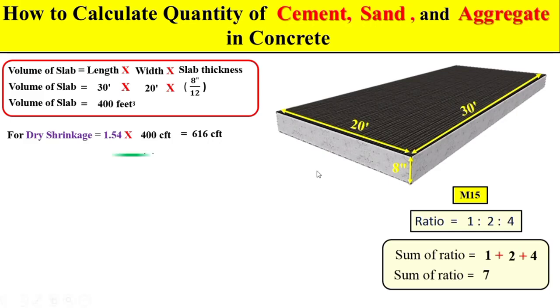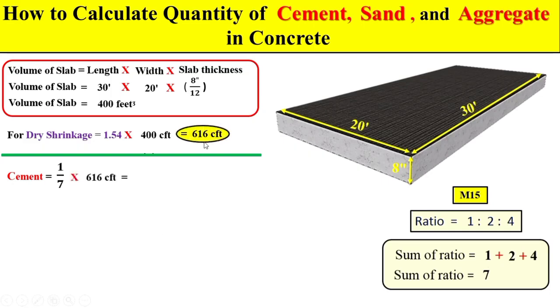Okay, so now dear students, if you want to calculate the total quantity of cement, then you can see over here the sum of the ratio is 7 and this one part represents the quantity of cement. So dear students, if in 7 parts one part is cement, then what should be the volume of cement in this total volume? So now if we multiply these two terms, we can get the total quantity of cement in terms